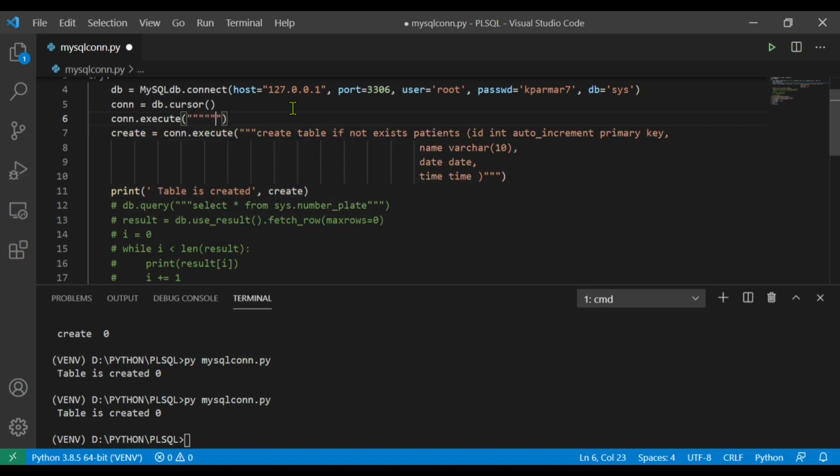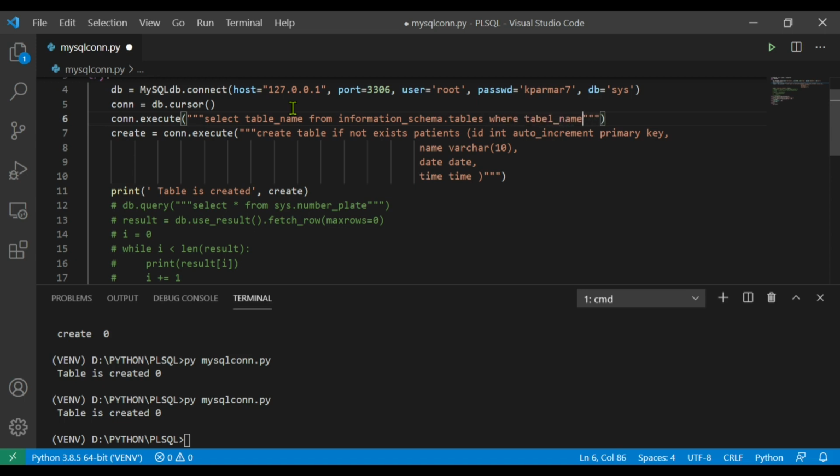Inside that, use SELECT table_name FROM information_schema.tables WHERE